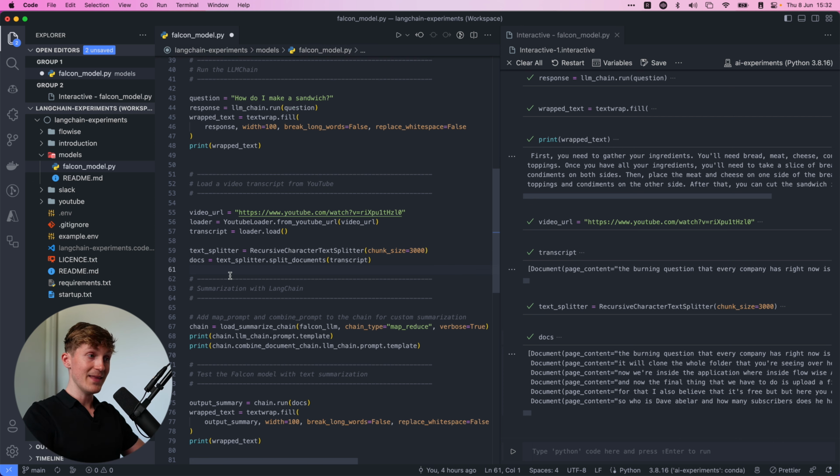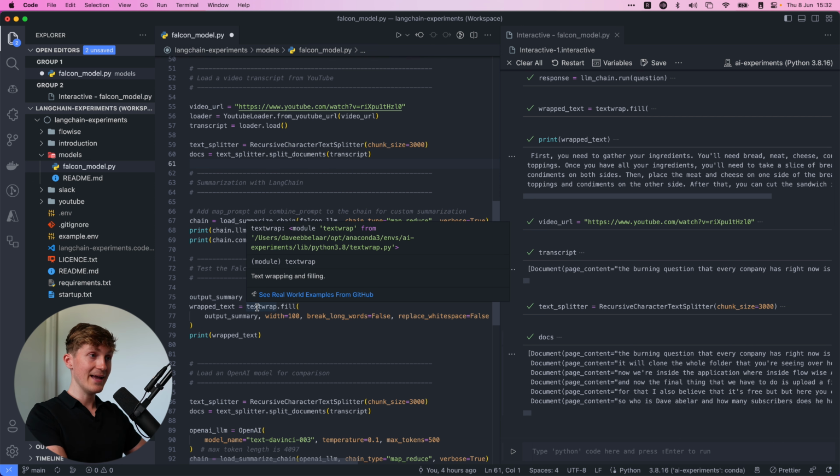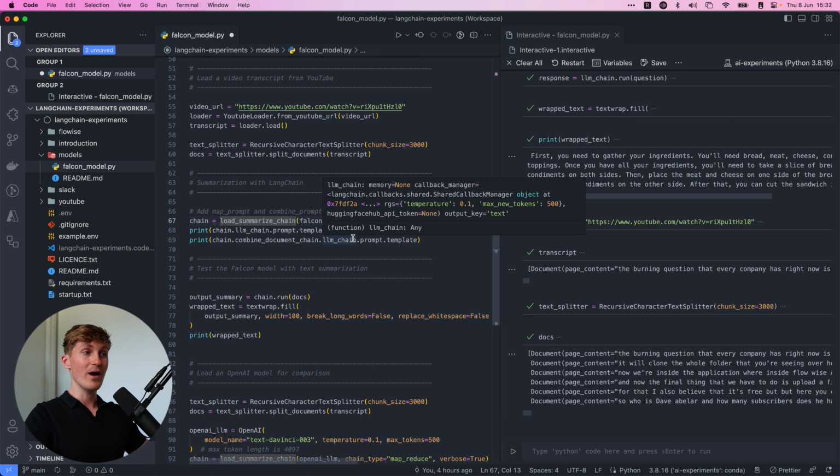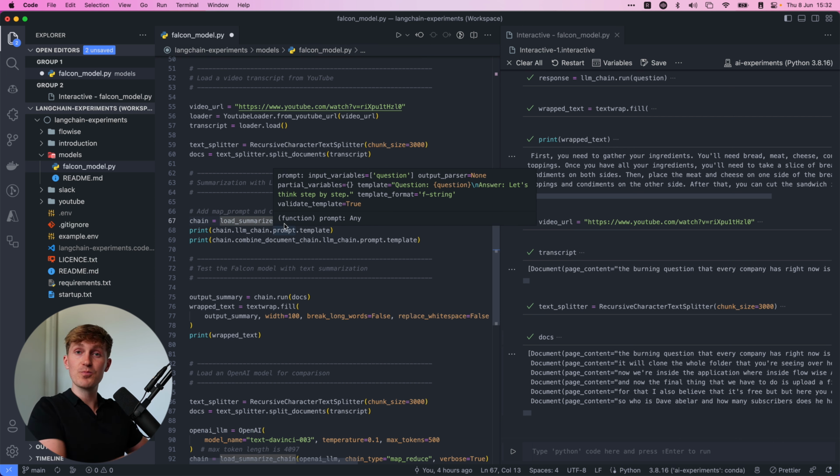And now this next part is pretty interesting, and this is summarization. This again is something that large language models currently struggle with due to these limitations in the amount of tokens that you can send to the API. So LangChain has a cool little built-in method, load summarize chain, where you can create this summarization iteratively. So you first split up the whole transcript, and then create a little summarization for each of the splits that you've created. And then you throw those onto one pile again, and then go iteratively on that